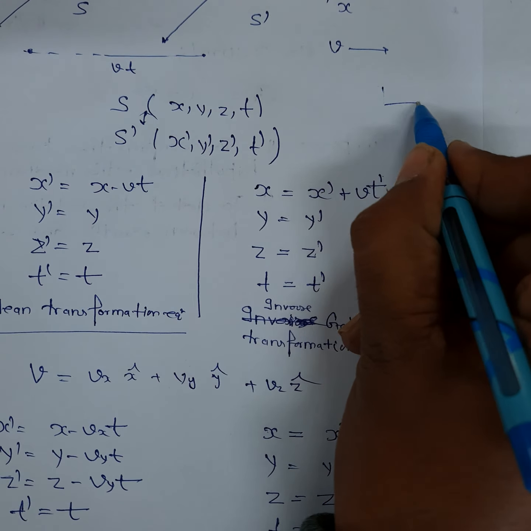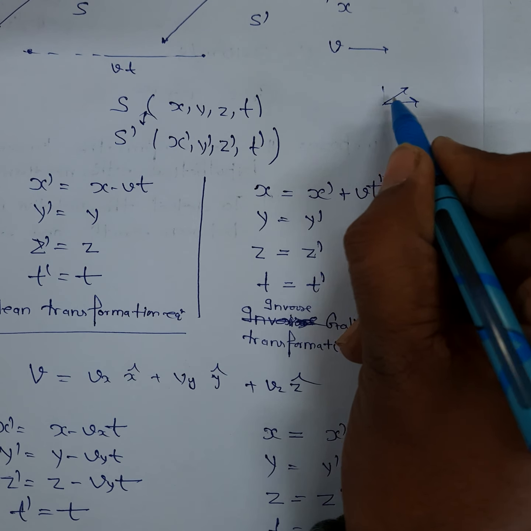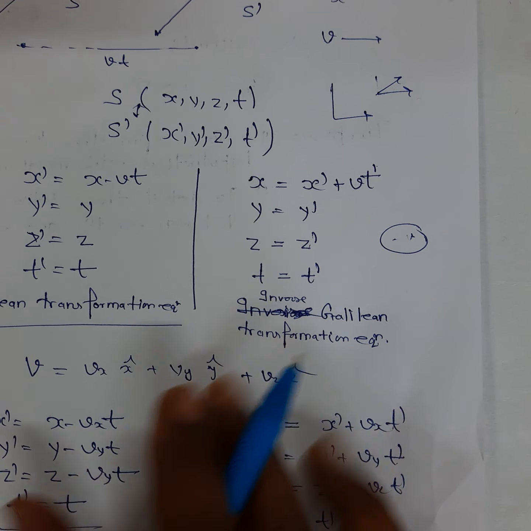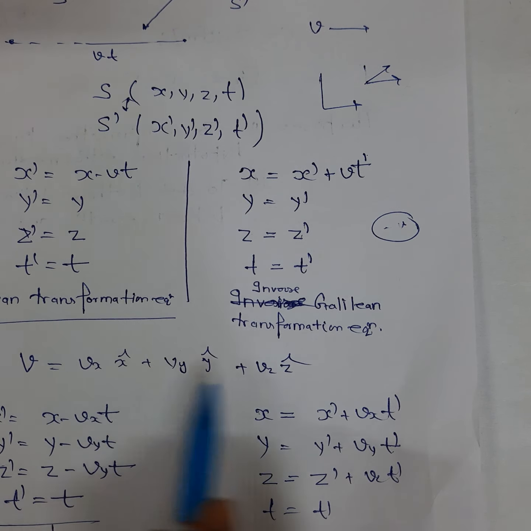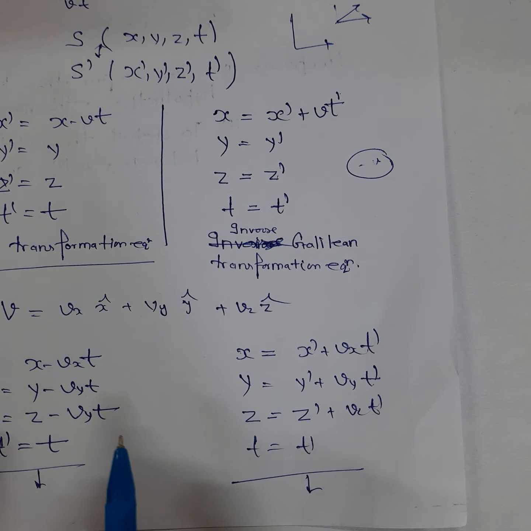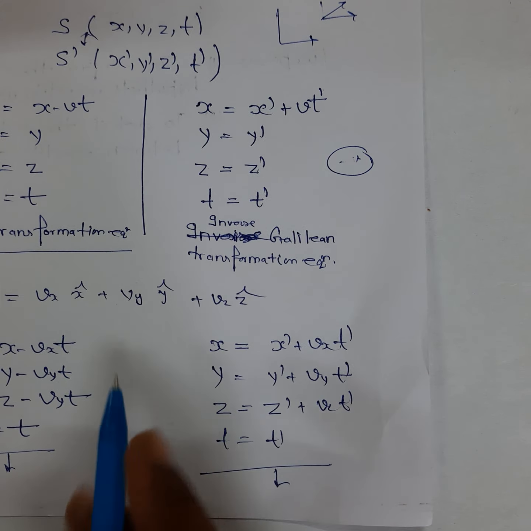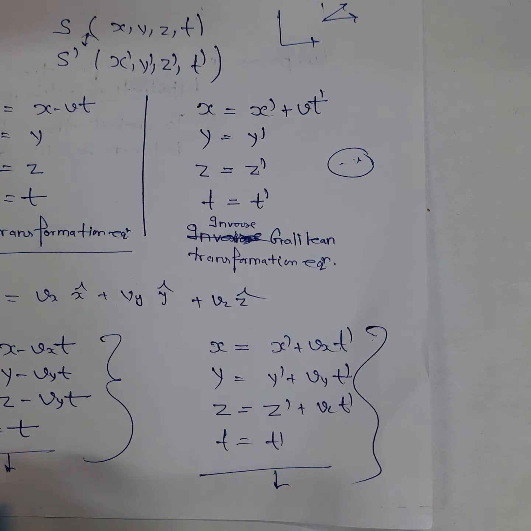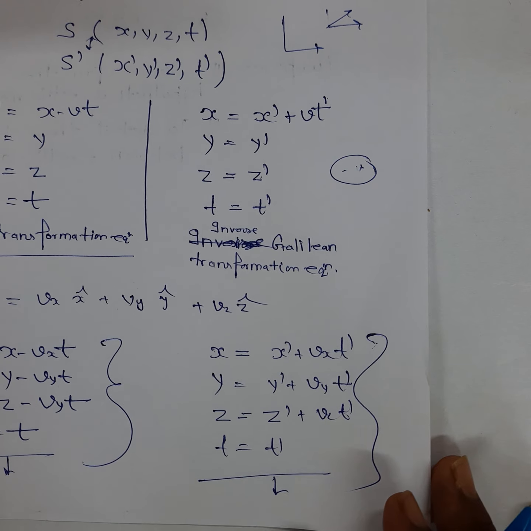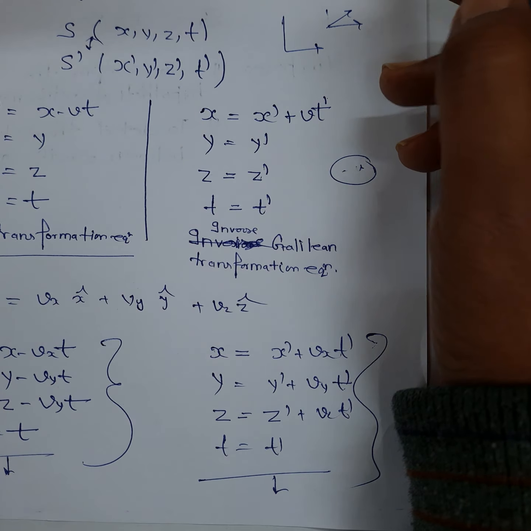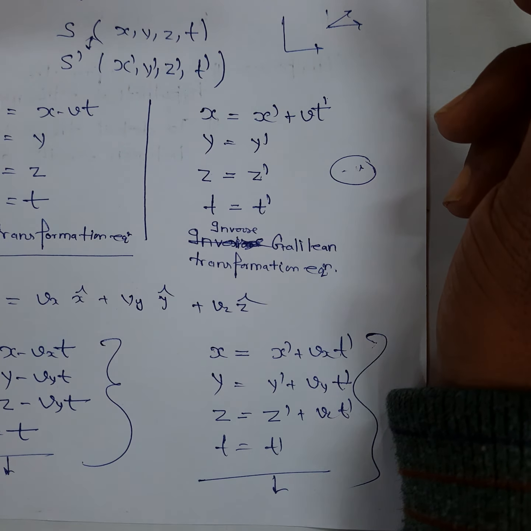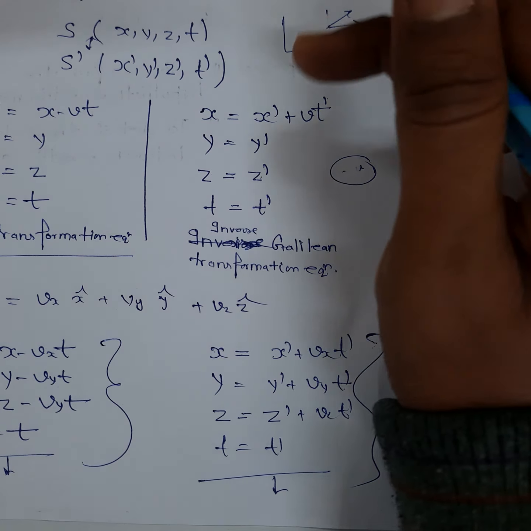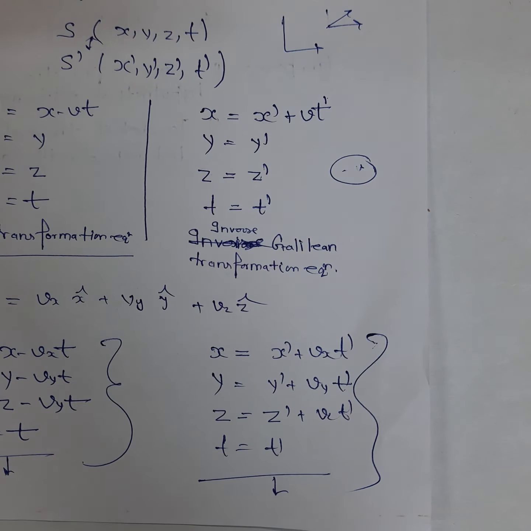is moving in some arbitrary direction with velocity v, then we must take account of the resultant component of velocity. In that case, the transformation equation can be written like this. So this set of equations, which relate the observations of two different inertial frames of reference, is known as the Galilean transformation equations.